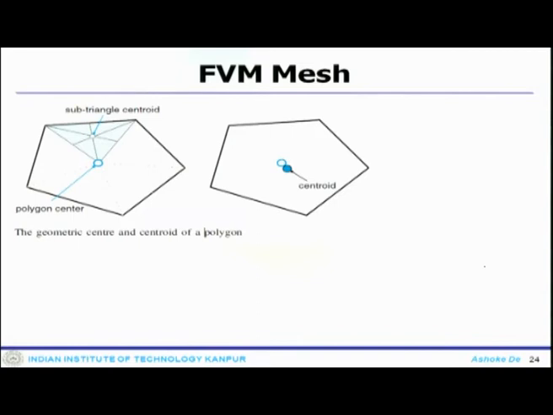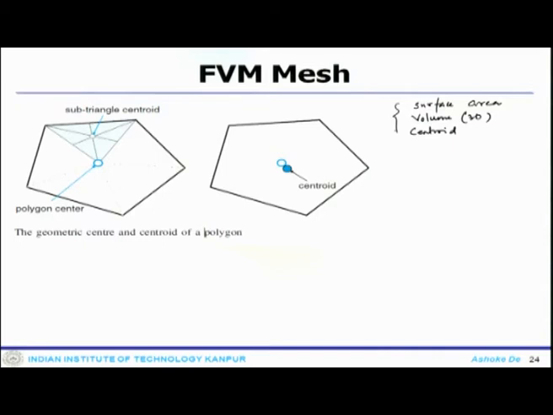So, now the point comes, when you talk about the elements, there is certain important information that needs to be handled. One of the important things is your surface area, sometimes volume for 3D, volume of the element, surface area, then centroid. All these need to be calculated. For any arbitrary element, one can do that.